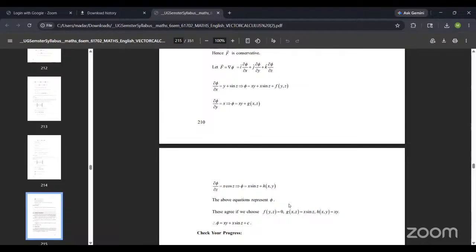So phi equal to x sin z plus h of xy. Therefore the above equation is represented by f of y, z equal to 0, g of x, z equal to x sin z, and h of x, y equal to xy. So therefore the function phi equal to xy plus x sin z plus